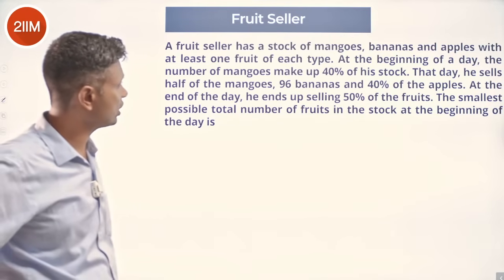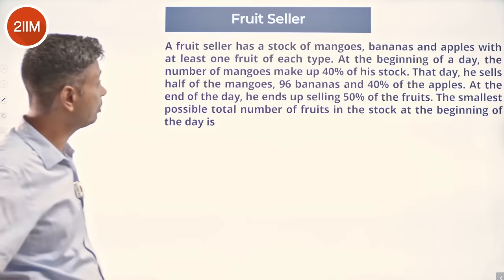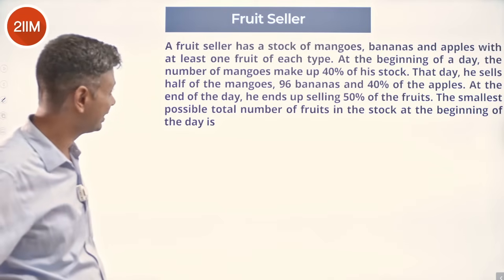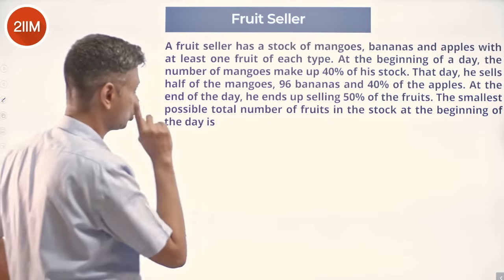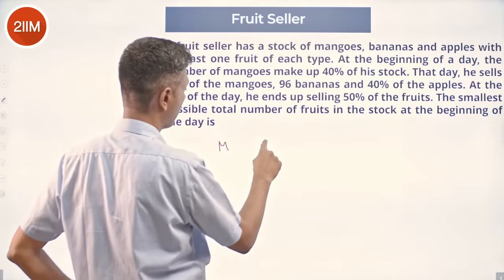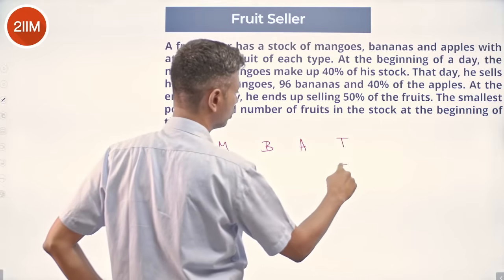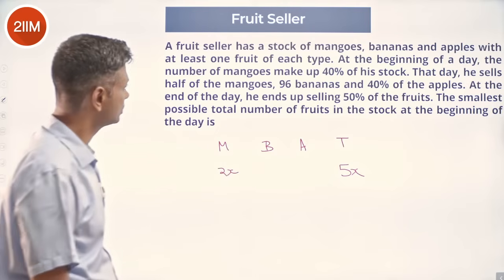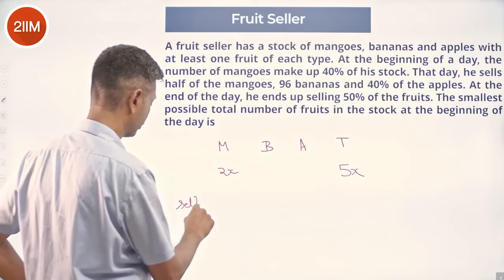A fruit seller has a stack of mangoes, bananas and apples with at least one fruit of each type. At the beginning of a day, the number of mangoes make up 40% of his stock. That day, he sells half the mangoes. So 40% of his stock is mangoes. So let's say he has mangoes, bananas, apples and total. If total is 5x, he has 2x mangoes. That day he sells half the mangoes. So he sells x